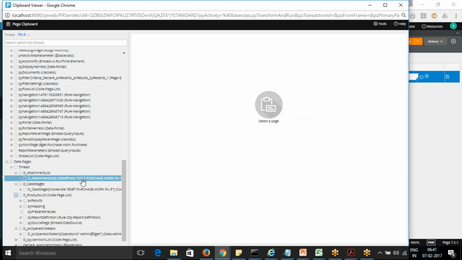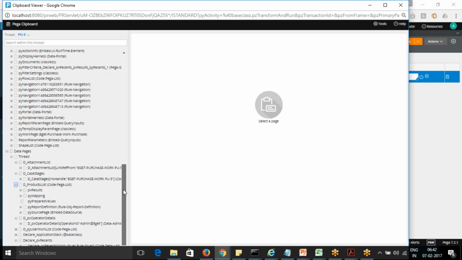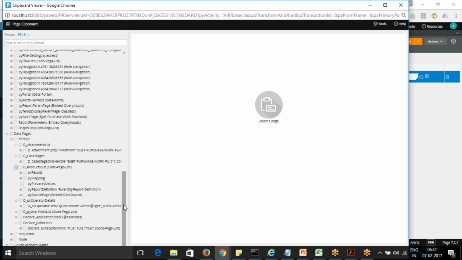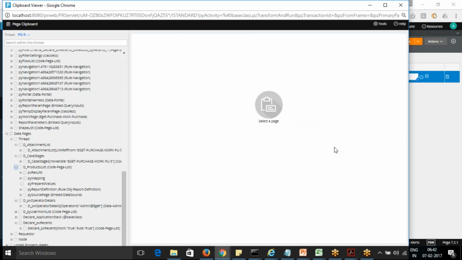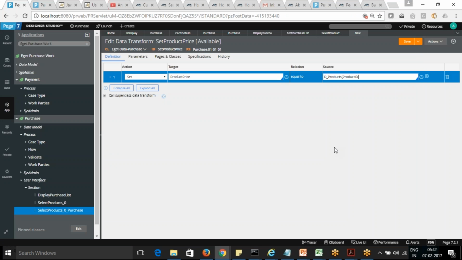You need to write the property name and the value you want to pass to it. So you need to write it like that, product ID. How will you pass the current product ID to it?